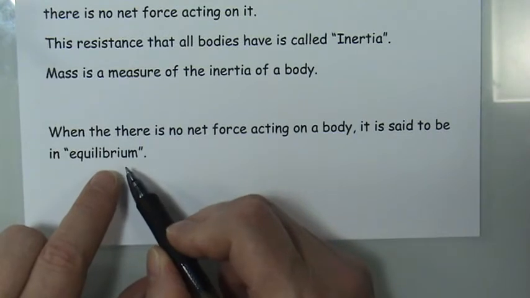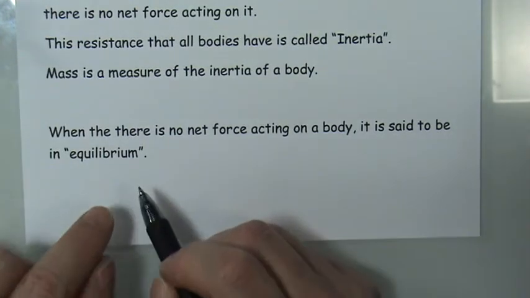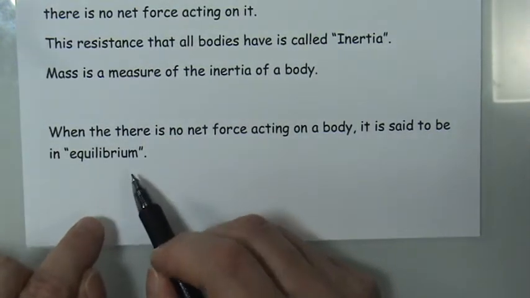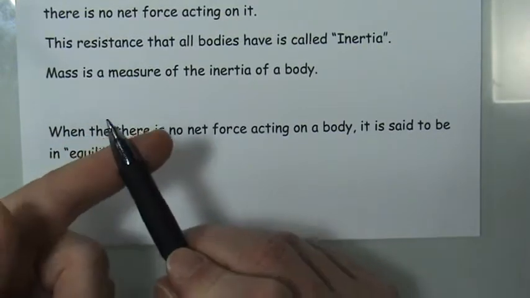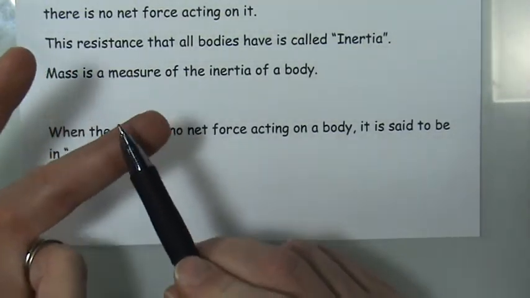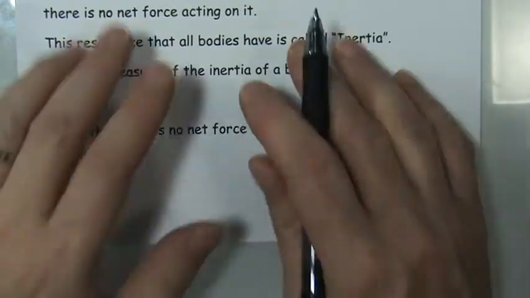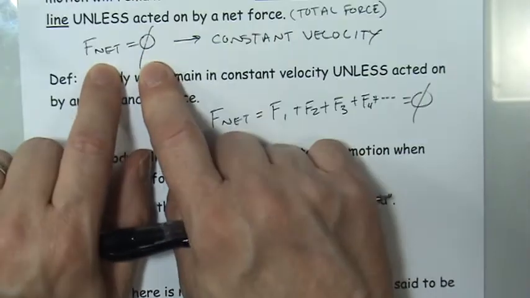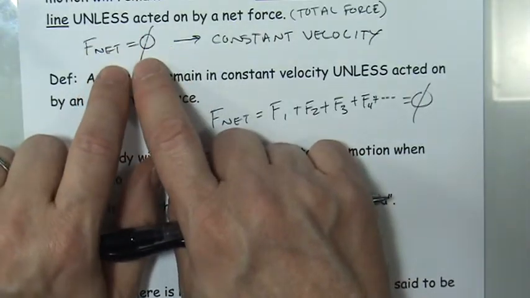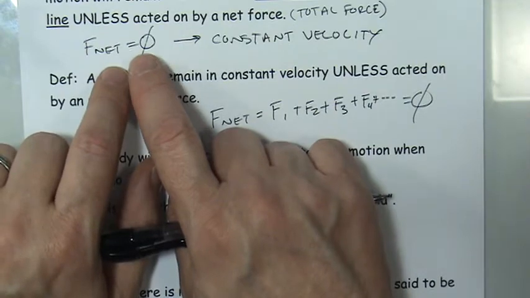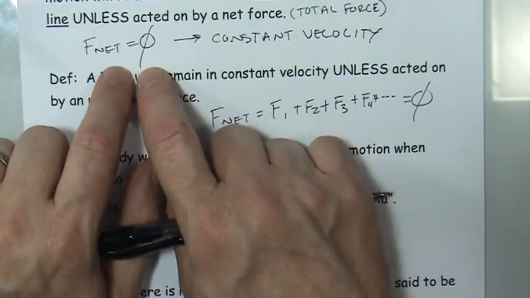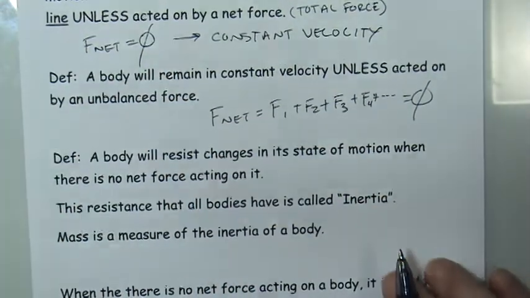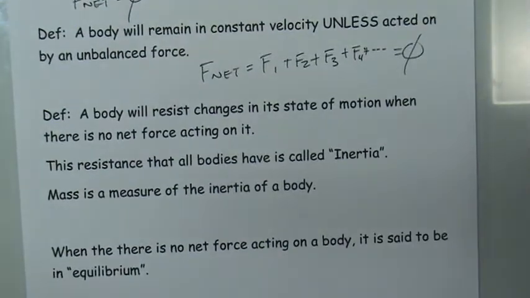So that's going to be really important. We're going to look at this in the first example problem. We're going to try to achieve equilibrium, and when you are told that an object is in equilibrium or that you want to make the object be in equilibrium, then what you know is that the forces must add up to 0. The only way an object could be in equilibrium is if all the forces add up to 0. So let's take a look at an example problem. We'll look at 2 example problems.